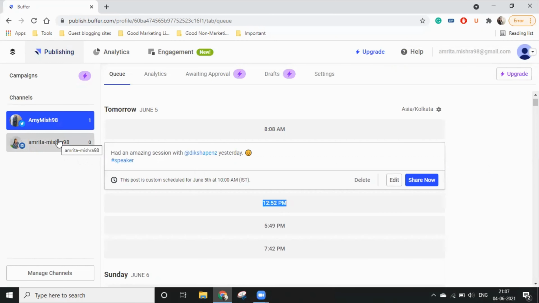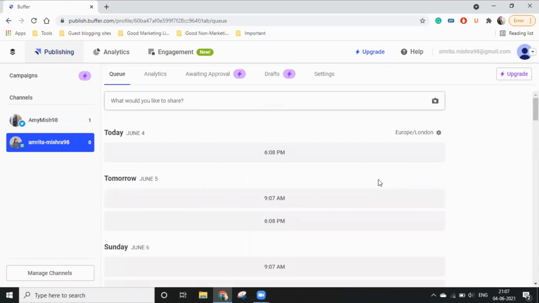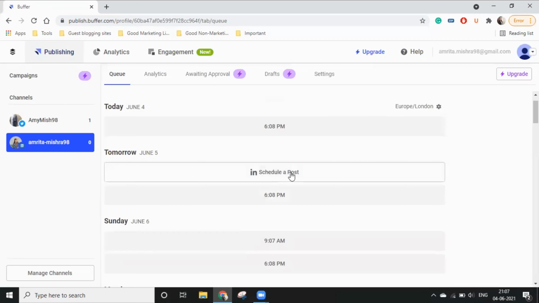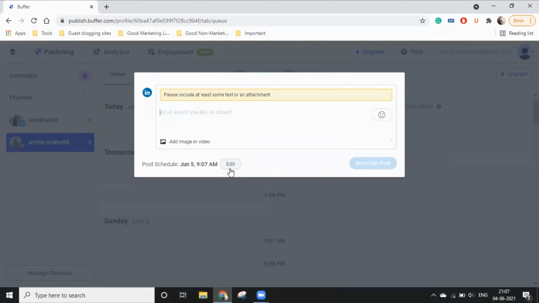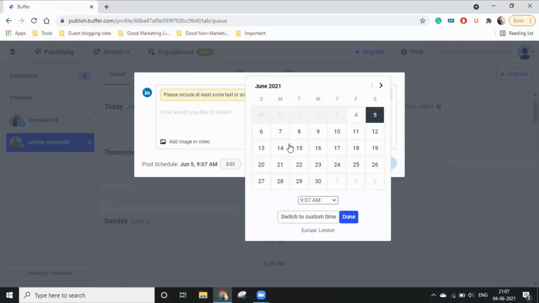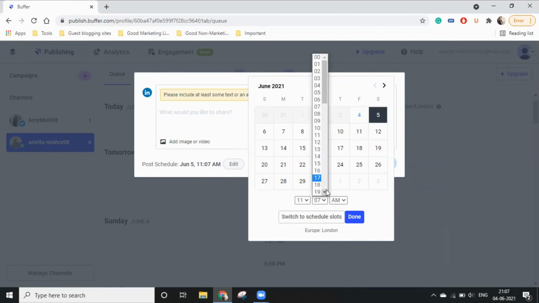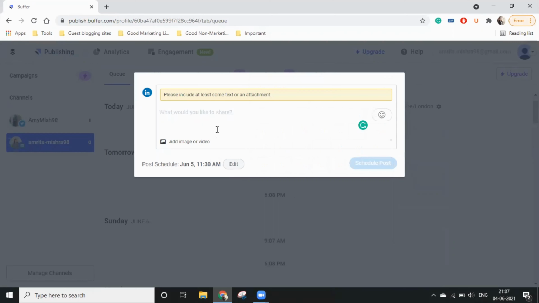Okay, so let's get to LinkedIn now. I have a post ready for tomorrow, and I would like to schedule it. I'll edit this timing to maybe about 11 a.m. Scheduling on LinkedIn is not usually recommended because it affects the reach of your post. Yeah, I usually post at 11:30 a.m. So I selected that time, and I will just type out the post.